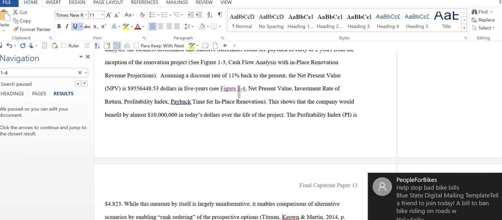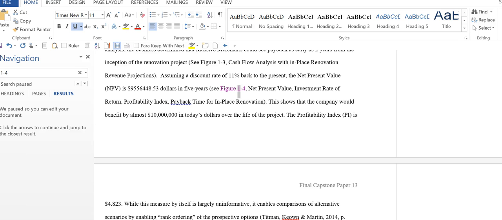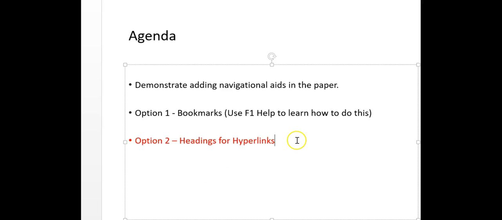So, in conclusion, that is what we needed to know about hyperlinks. We spent most of this video talking about headings and using them for hyperlinking and navigating around your document. You don't have to use this, but I suggest to you that it's going to be helpful in writing this paper. It's going to be helpful in writing papers at work when you have long papers. And most of all, it's going to be helpful when you write your memoir entitled How I Survived the MS Project Management Program at St. Mary's